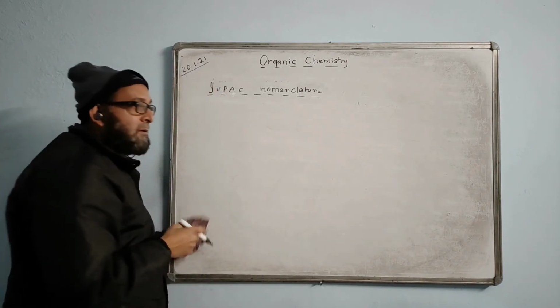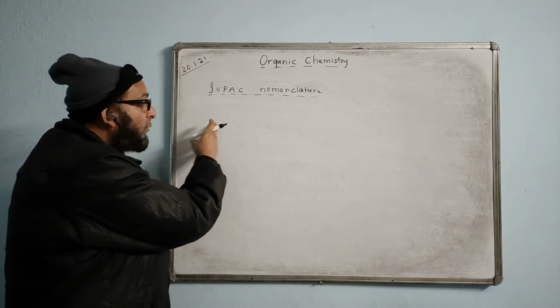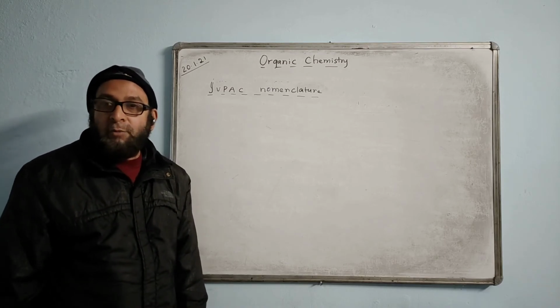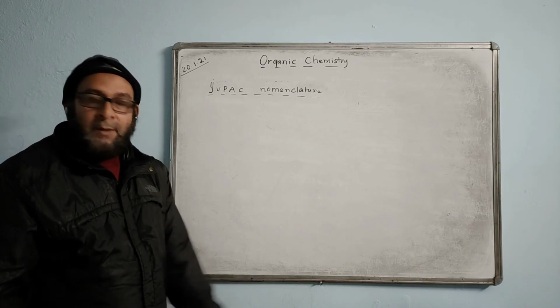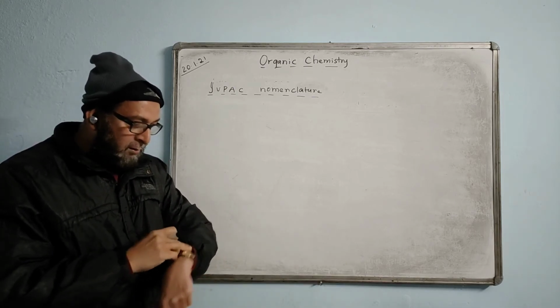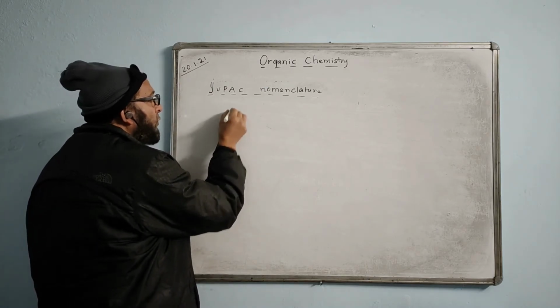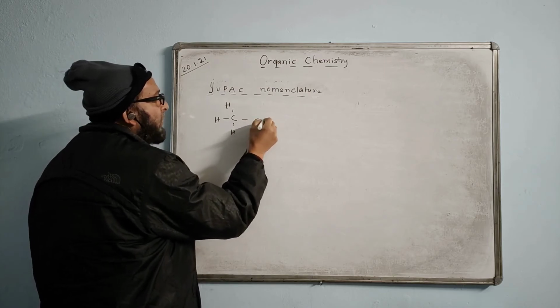Now, sometimes the formula which I have shown, they may give you in structural format. The formula I showed you just now is called the condensed formula. The short format is given. But if they give the formula in the form of a structural formula like this, just see, they are giving it like this. I will show you. They are giving it in this format.